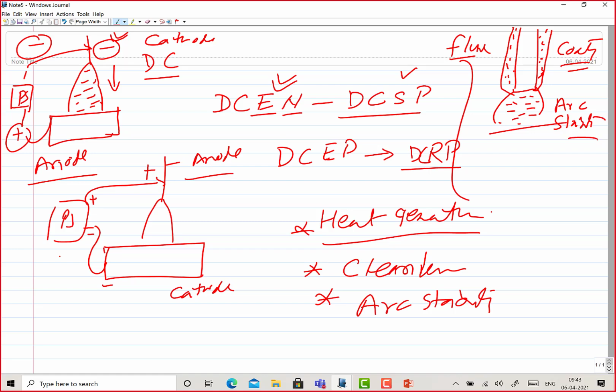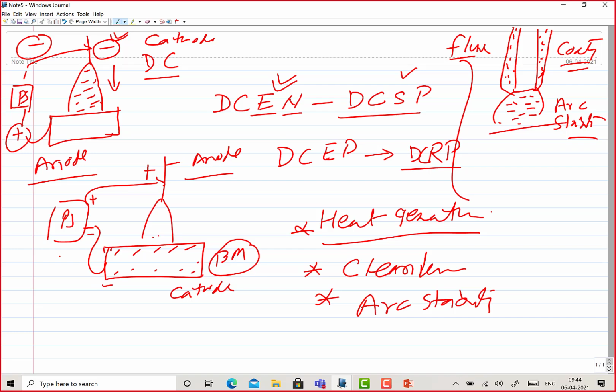On the other hand, when the reverse polarity is used, the base metal may or may not have good arc emission capability, good electron emission capability. So if the base metal is made cathode, but it does not have good electron emitting capability, then it will lead to